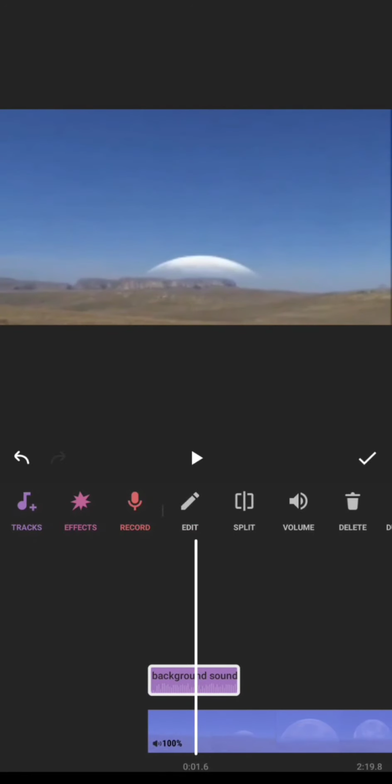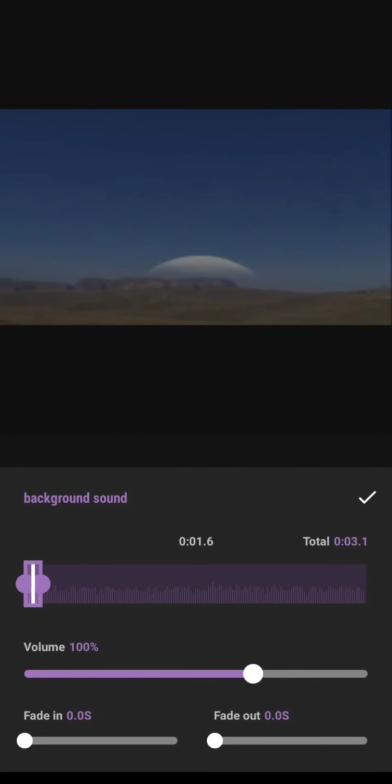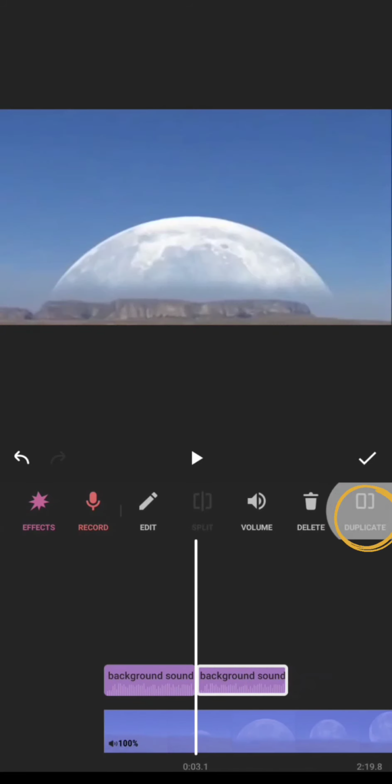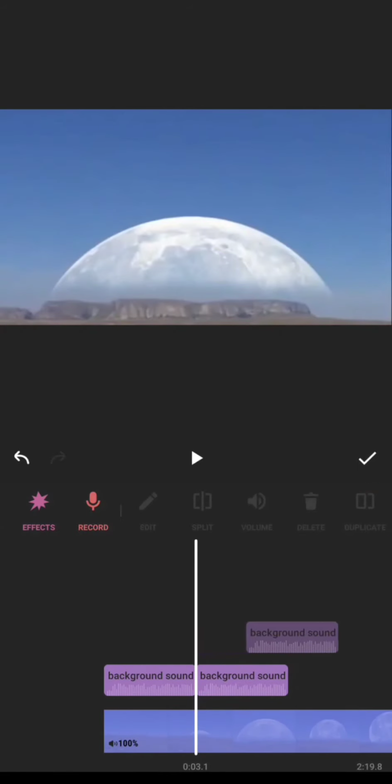Now again volume, okay, already 100 volume is there. If I want to increase the volume, I can do it by clicking on duplicate. I can make the same track again as the first. I can make any number of duplicates of that one. So I can just select it and drag it down and join it with that one, so that it gets a continuation over there.